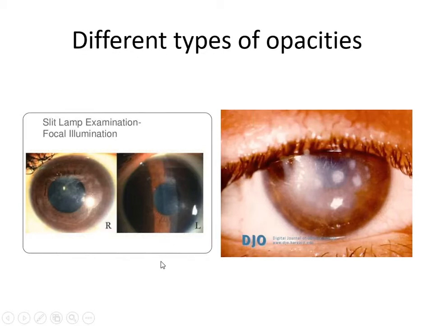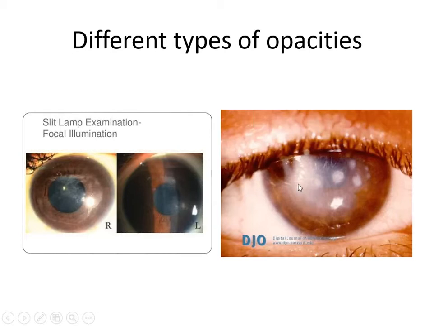Most of the students will tell the pathological classification. Nebula will involve only anterior fibers, macula will involve stroma also, and then leukoma will involve the whole thickness of the cornea. That is the pathological classification. Clinically, how will you differentiate between nebula, macula, and leukoma? Nebula is that opacity of the cornea which is faint in nature. When you see through it, you can see the color of the iris and you can make out the details of the iris. Crypts and depressions in the iris will be clearly seen through the nebulous opacity.